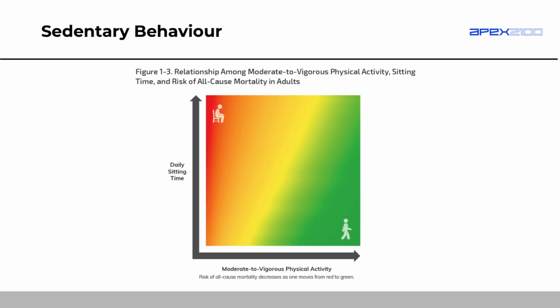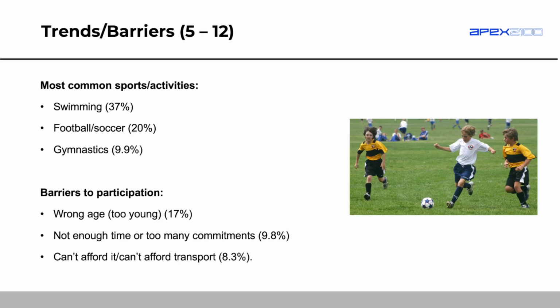Next conclusion is that very low time spent sitting reduces but doesn't eliminate the risk of no moderate to vigorous physical activity. So if I'm never sitting down, I'm working a job where I'm stood up all day, but I don't do any moderate to vigorous physical activity, I'm still in the red. I'm looking at the bottom left-hand corner now, so the reddy orange area there. So even if I'm not sitting, I still have quite a high risk if I'm not doing any moderate to vigorous physical activity. So a couple of interesting conclusions that we can make from this graph.